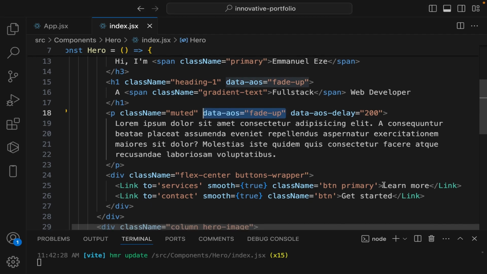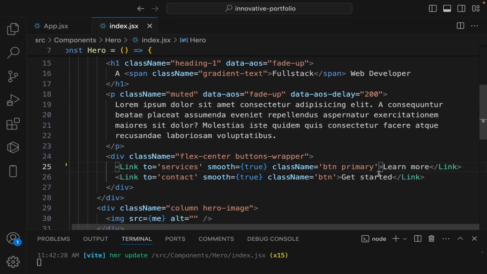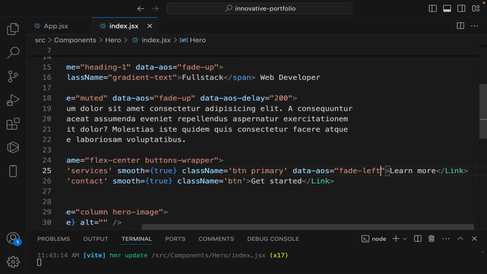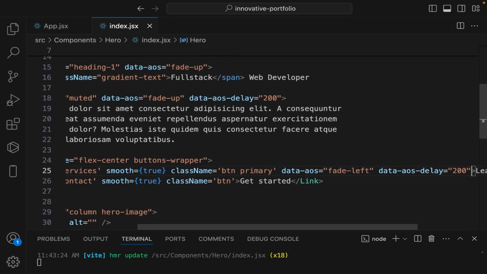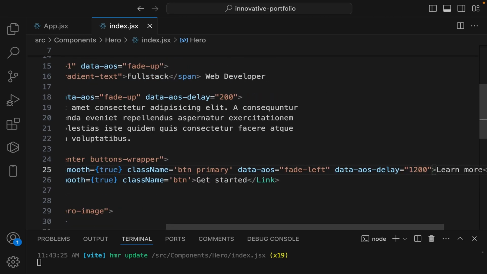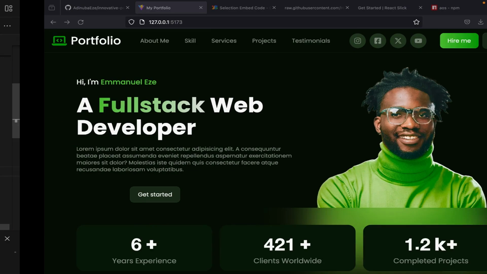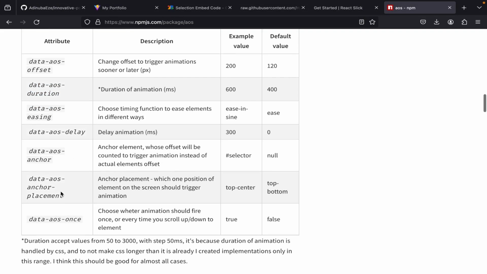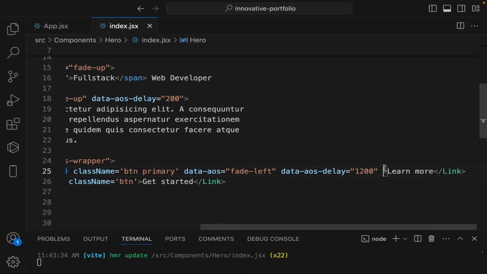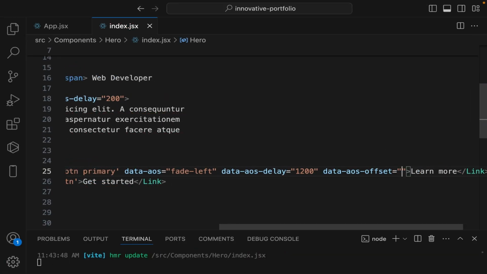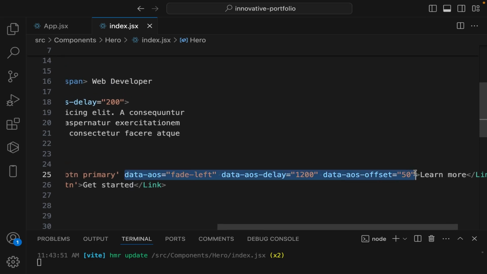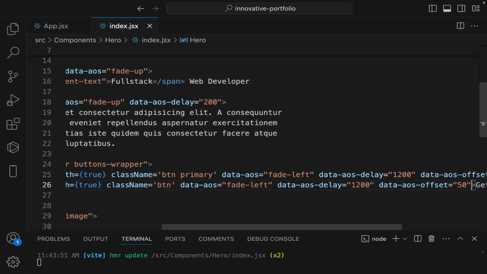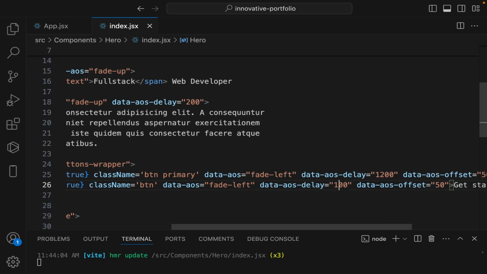Now, let's copy this and paste it on this first button, and also let's change this to left. Here we're going to add delay. Let's change this to 1200. And also we're going to add offset here so that our button can open immediately the page loads. So let's say 50. Now let's copy all of this and paste on the second button, and let's just change